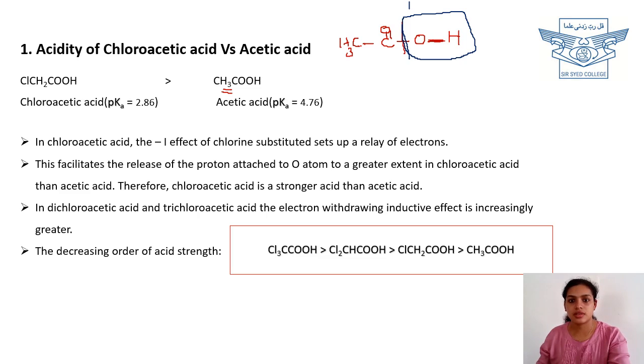I'll show you. CH2 CO OH. So here also we need to focus on that OH bond. And there is a chlorine. So what happens here to the OH bond? What happens here is that Cl, since it has a negative inductive effect, will pull the electrons from this